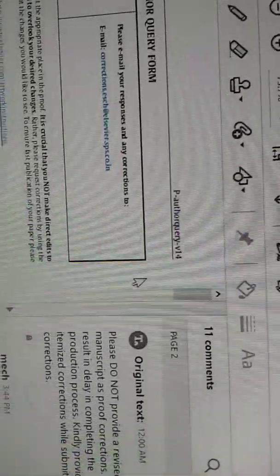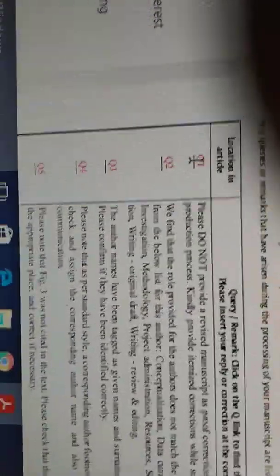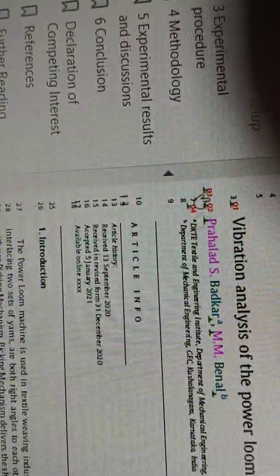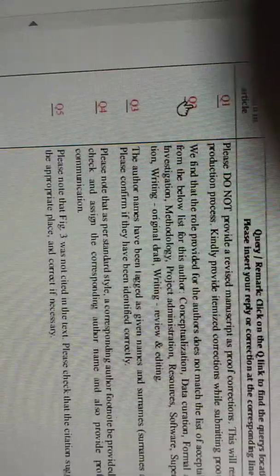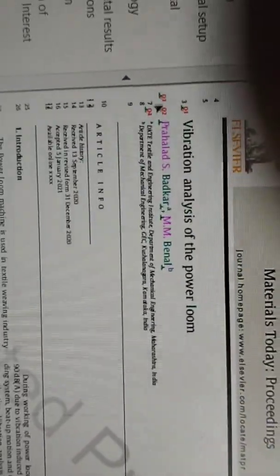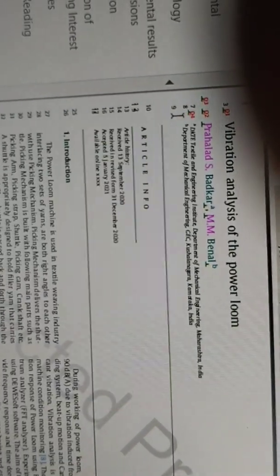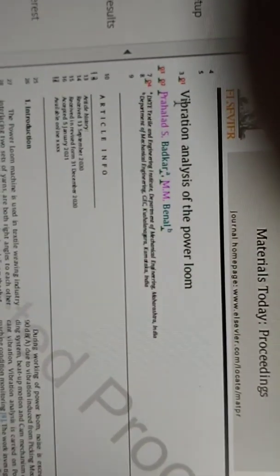You will see Q1, Q2 and so on; you have to read them. Q1 comes here, the second one is Q2. Q3, Q4 will come in this way. I hope you got it.